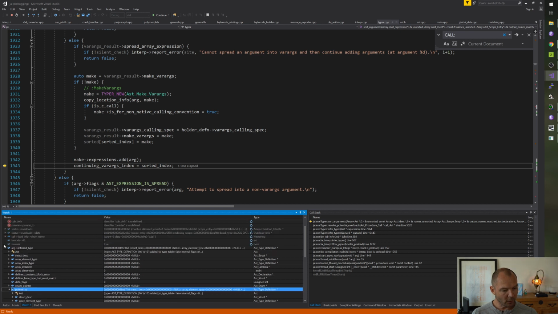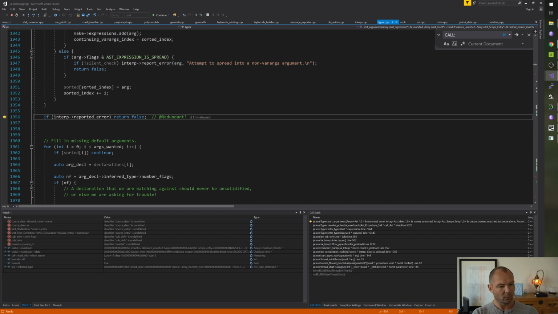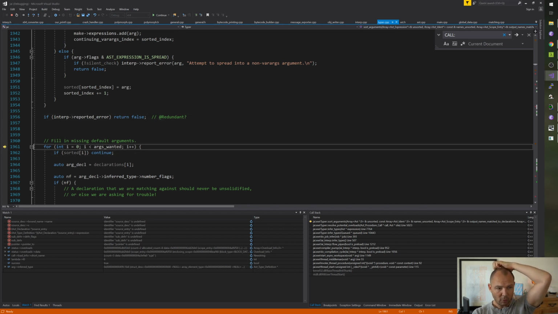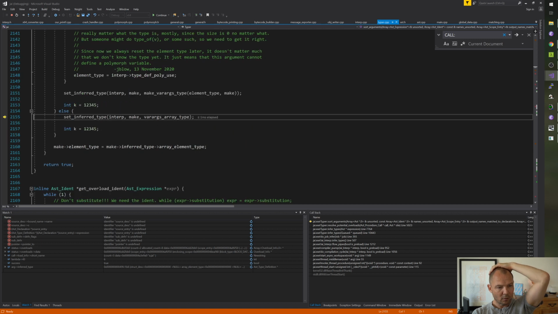All right, so fill in the missing default arguments. There aren't any. If there's a varargs, we set the type. We literally don't check it. What? We must check it later. So I think the problem is